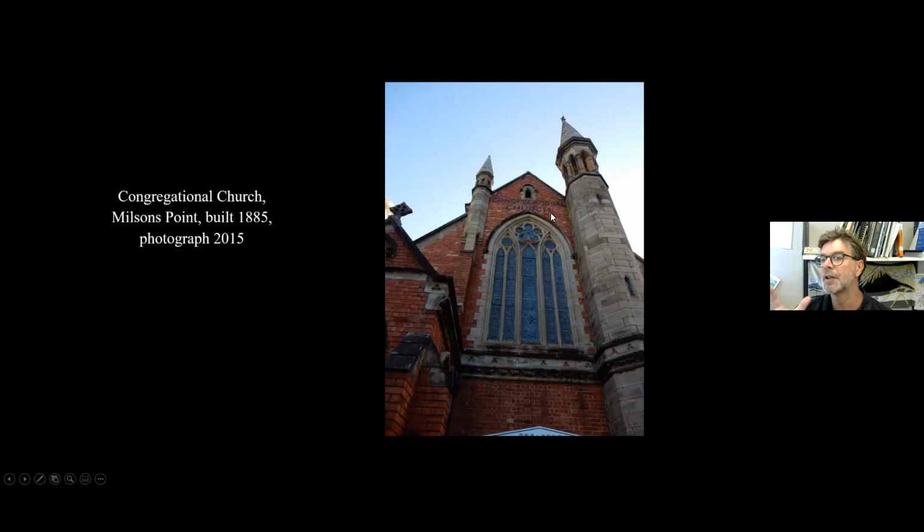What happens around the turn of the century is either sandstone becomes so expensive that it's no longer used in churches, so you only see it for the detailing around windows and some of the coursing along here, and brick takes over as the main building material for churches through that, while they're still Gothic churches, from around 1900 through the 1940s, and stone pretty well disappears altogether.